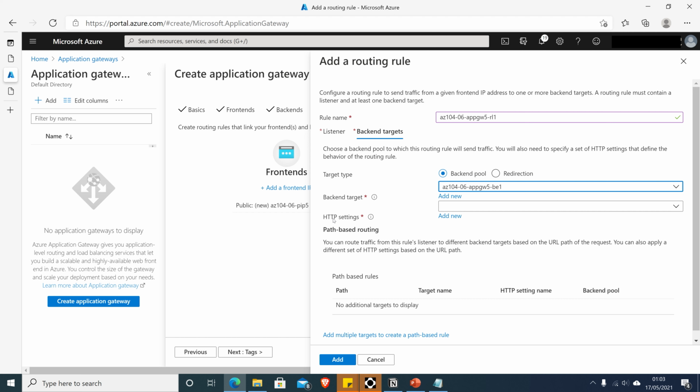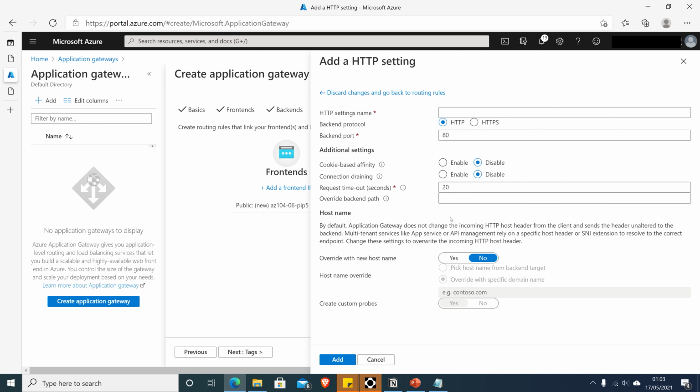And for the HTTP settings, what we do is, let's create a new one. And let's define these values for these settings here. Is it AZ104-06-app-gateway-5-HTTP1,